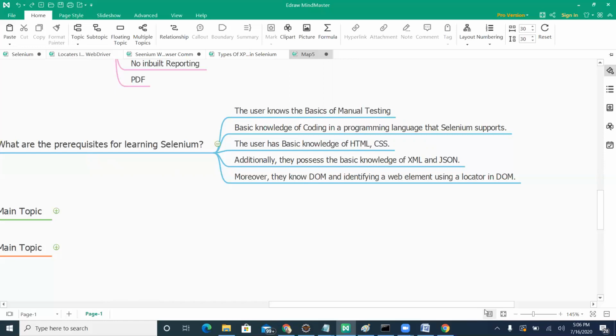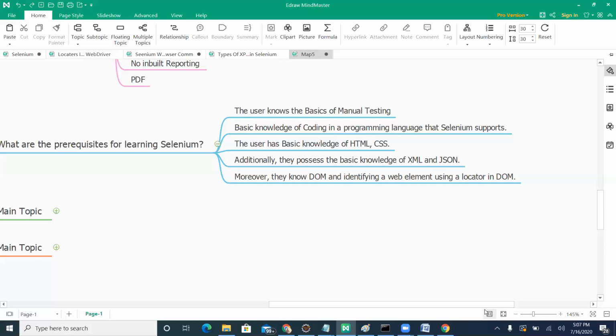You also need to know a programming language, any one language, to learn Selenium. It may be C Sharp, Java, Python, or any other language.